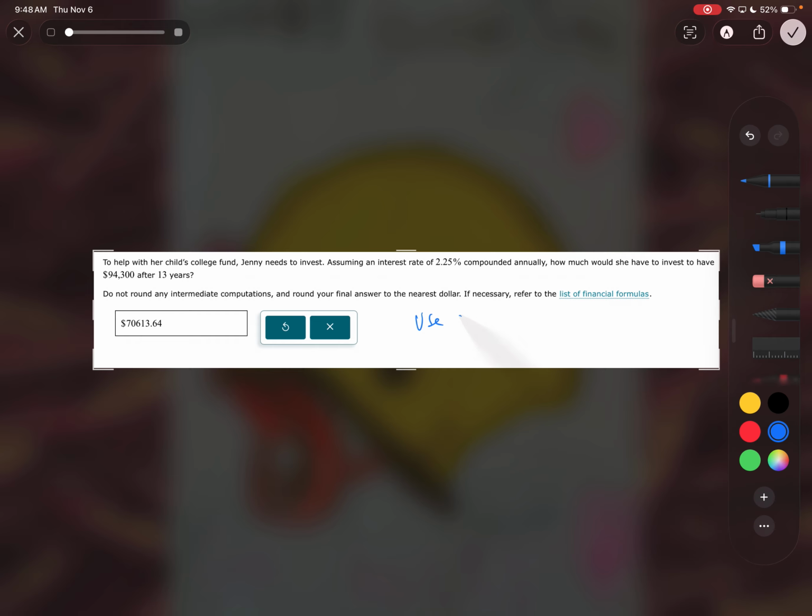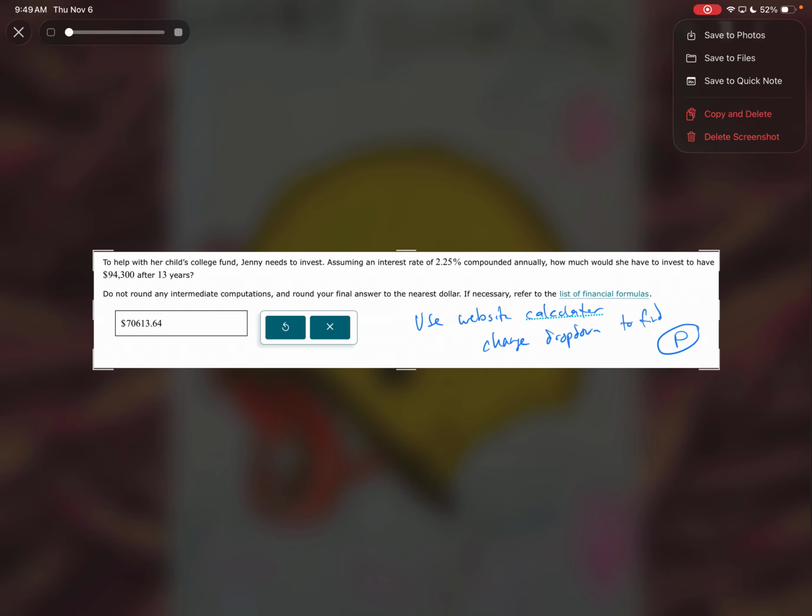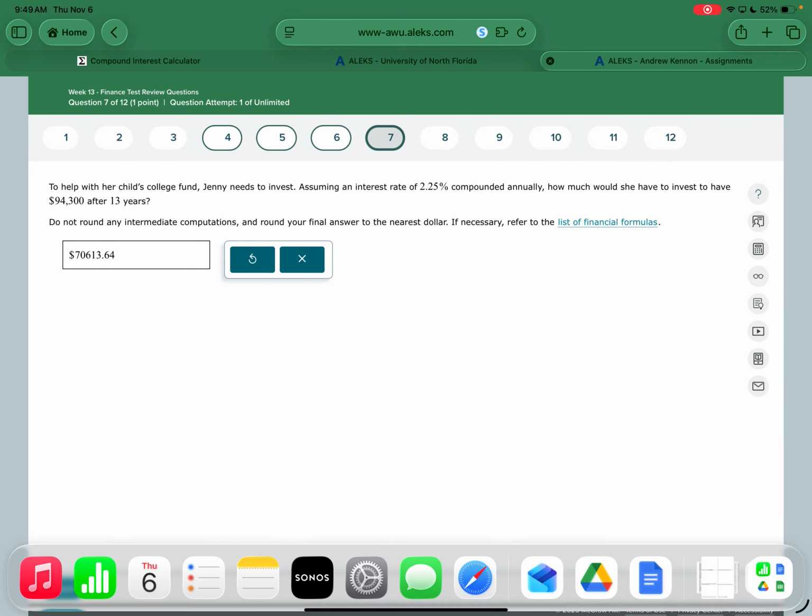So again, use website calculator, and on this one you have to make sure to change the drop-down to find P, because you're trying to find the starting amount. So what we want to do on our test work page,